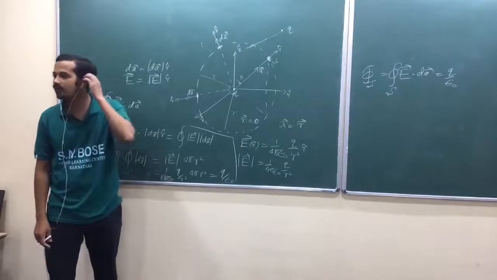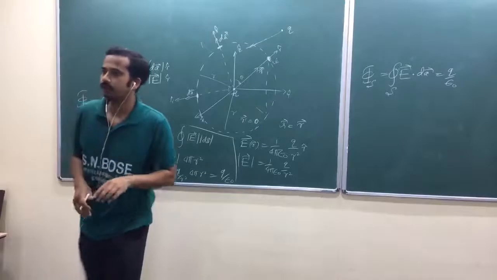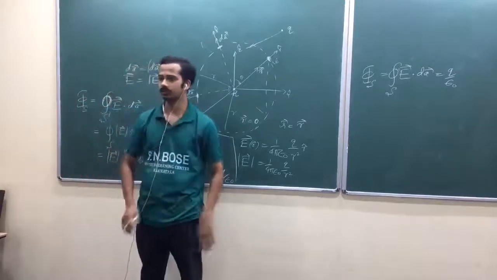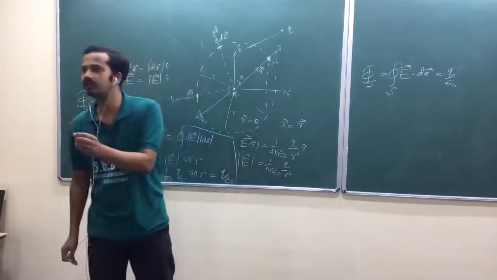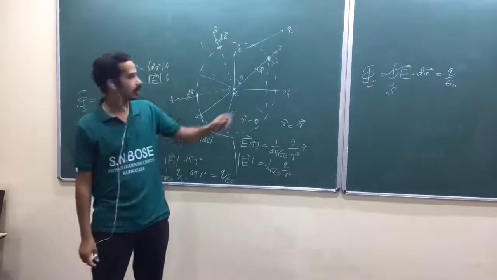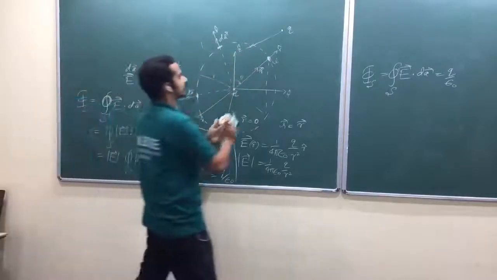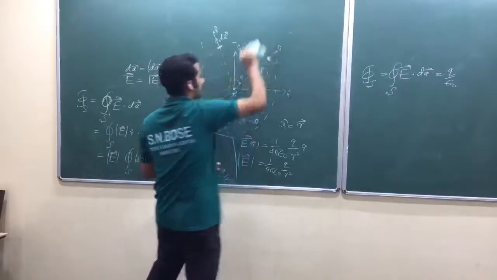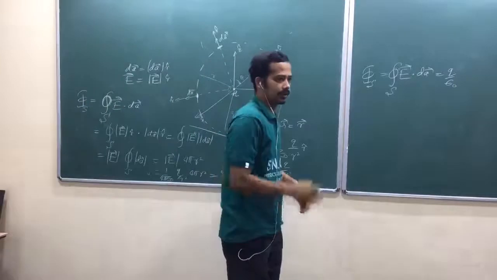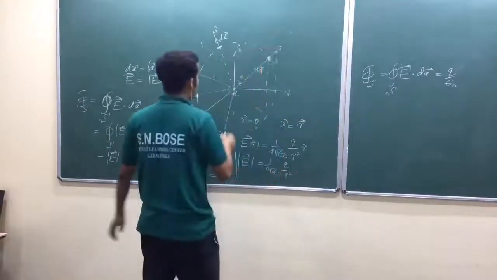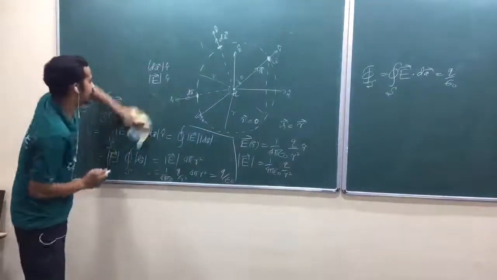Because you can't define the electric field, isn't it? If you want to find flux over the surface, you should have defined the electric field over the surface. We just discussed earlier, am I right? Electric field at the point of charge is indeterminate. So that's why you have to avoid that situation on the surface. Outside the surface, I can explain like this. Wait a second, I'll come to that point a little bit later. So now what I do here is, I'll have many charges here. Now let me generalize this one like this. Look here, I'll have many charges.